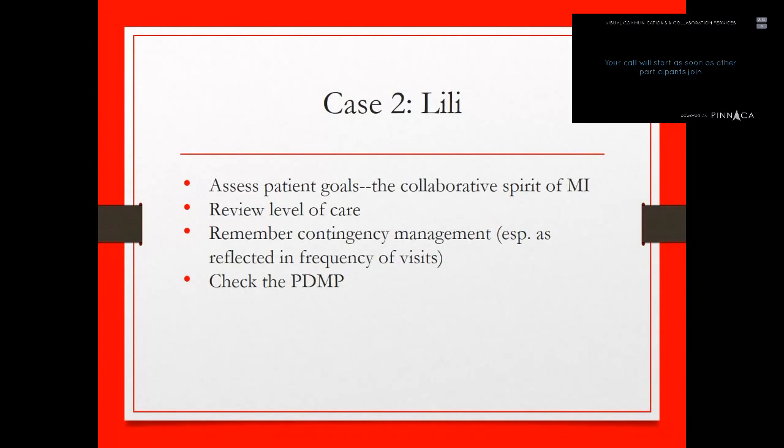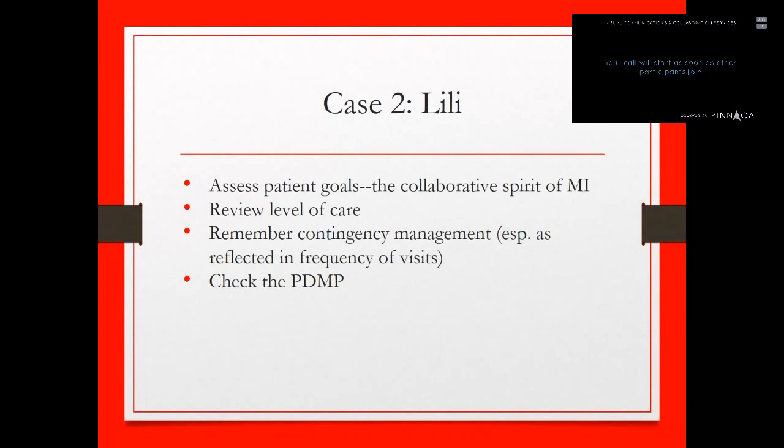And I feel like that would be the case for my alcoholic patients to whom I'm prescribing other medications as well. I'm worried that they're going to be not taking their medications correctly, that they're going to be forgetting, that they're going to have metabolic derangements from their alcoholism that could be interfering with their other medications. So I would again assess goals, remember some contingency management, and then alcohol actually does have some effective pharmacotherapies that we could consider with patients, including gabapentin, acamprosate, and even disulfiram. Obviously, naltrexone's out, but some of the other anticonvulsants could be of use.